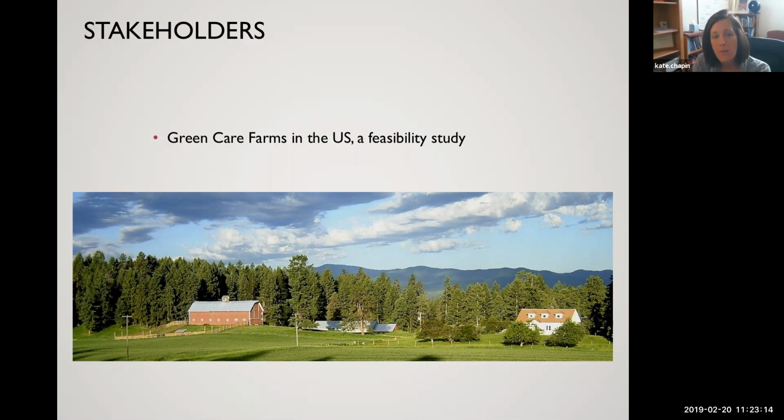Well, these farms are an alternative to going to an adult day center. And so we were looking at the feasibility of this first green care farm in the United States. In this example, we interviewed a variety of stakeholders, including the administrators of that traditional home and community-based services program, also the adult day service programs.